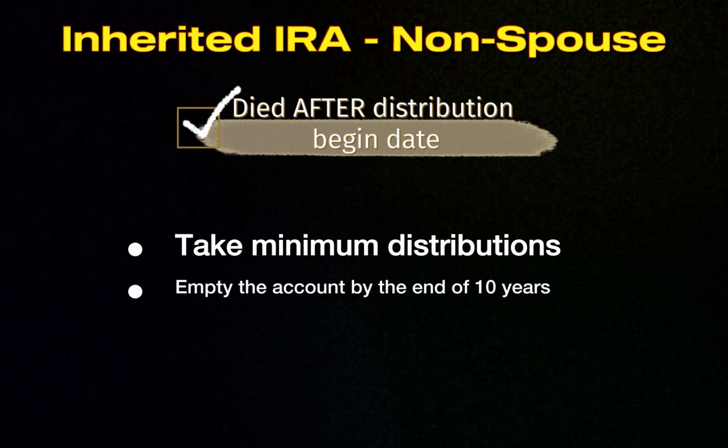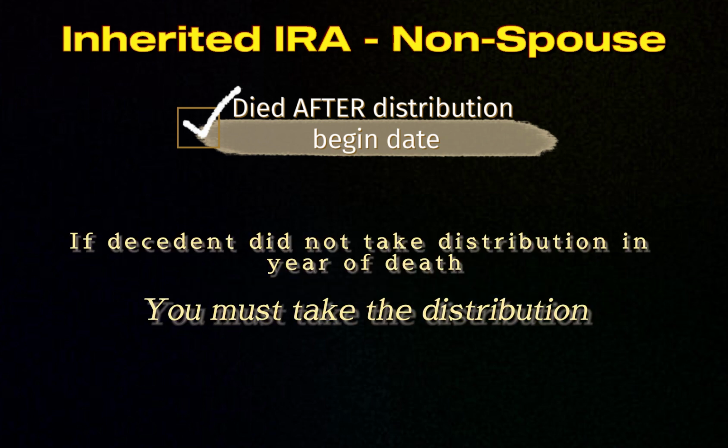The distributions will be based on your single life expectancy, and you have to withdraw all of the funds from your inherited IRA by December 31st of the 10th year after the original owner died. Also, if the original account holder did not take a distribution in the year of death and they were required to take a distribution, then you must take that distribution for them by December 31st of the year the original